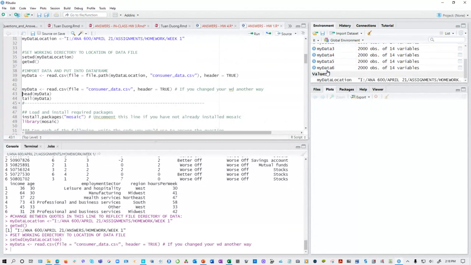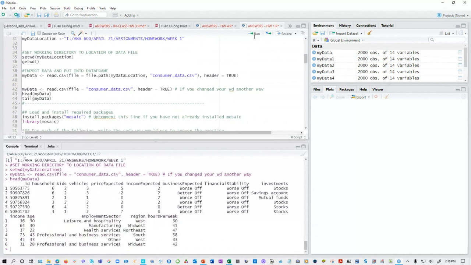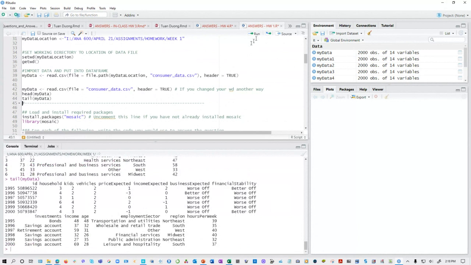See, now you have my data. You have my data 1, my data 2, my data 3, 4, 5, 6, and I'm going to simply call that one my data now. You can put the head, you get that, you can put the tail. So it's pretty much the same way. Let's see what we can do